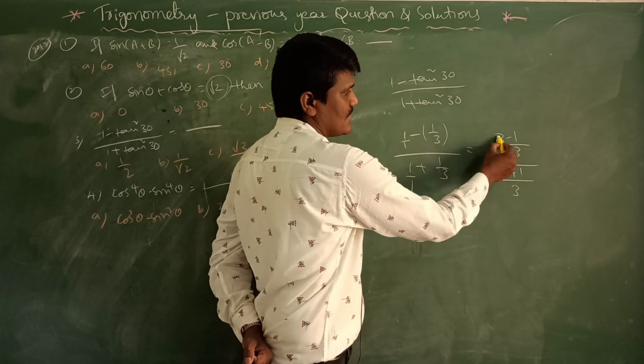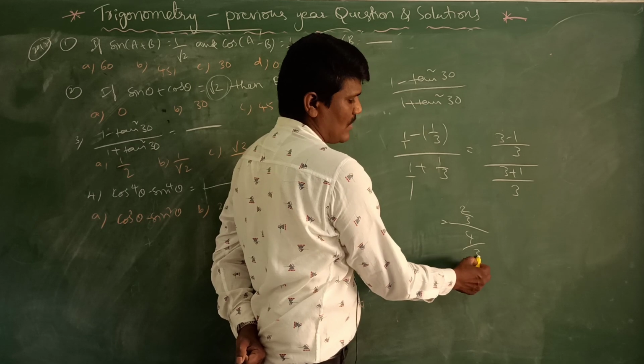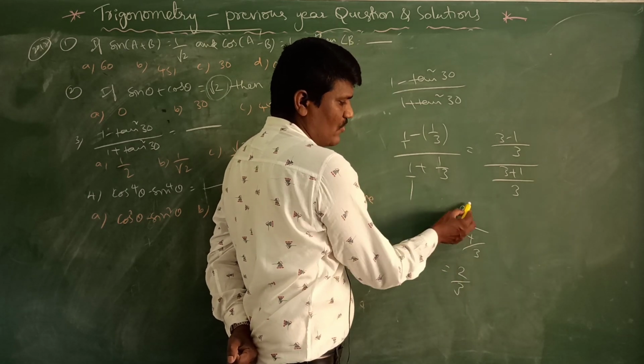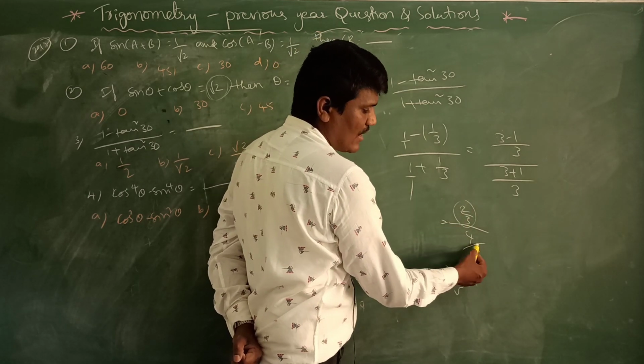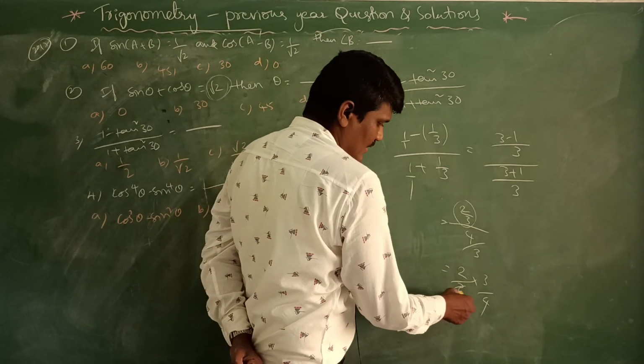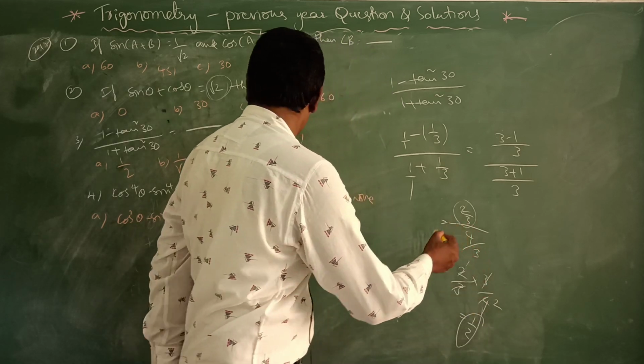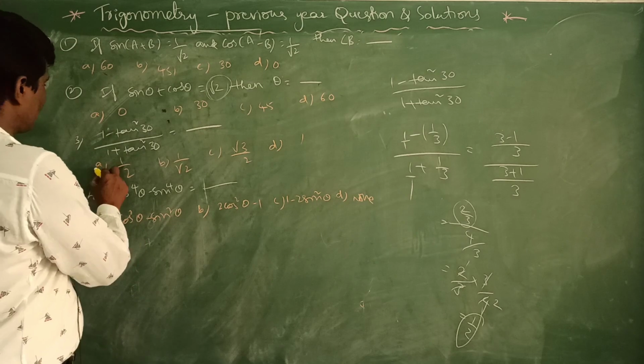So first one, 3 minus 1 by 3, is 2 by 3, and 3 plus 1 by 3 is 4 by 3. So always we write the first fraction the same and the second fraction reciprocal. So the answer is 3 and 3 cancel, 2 ones are 2, 2 twos are 4, so 1 by 2. Is 1 by 2 there in the options? Yes. The answer is 1 by 2.